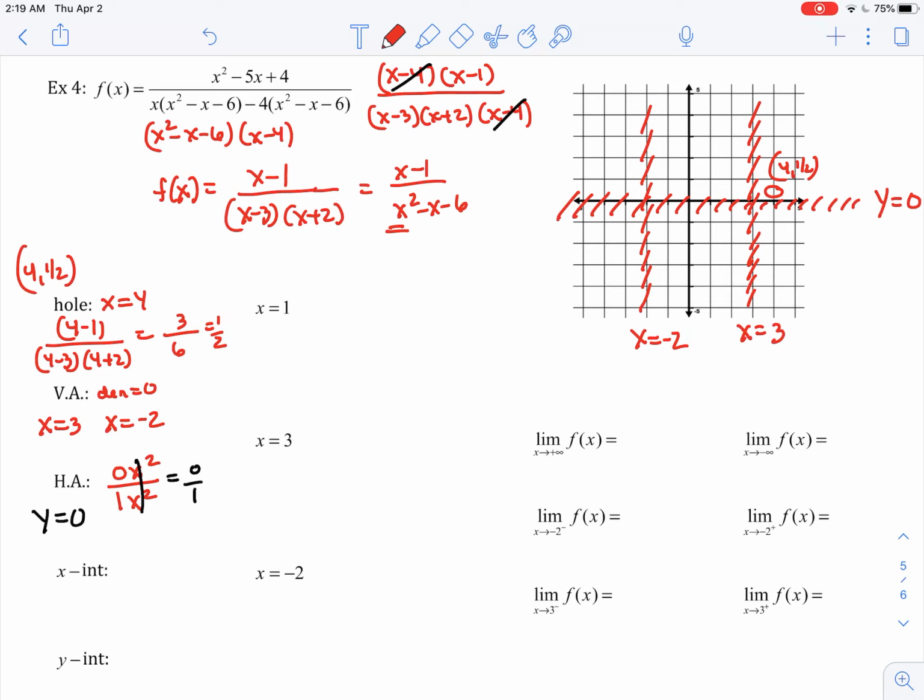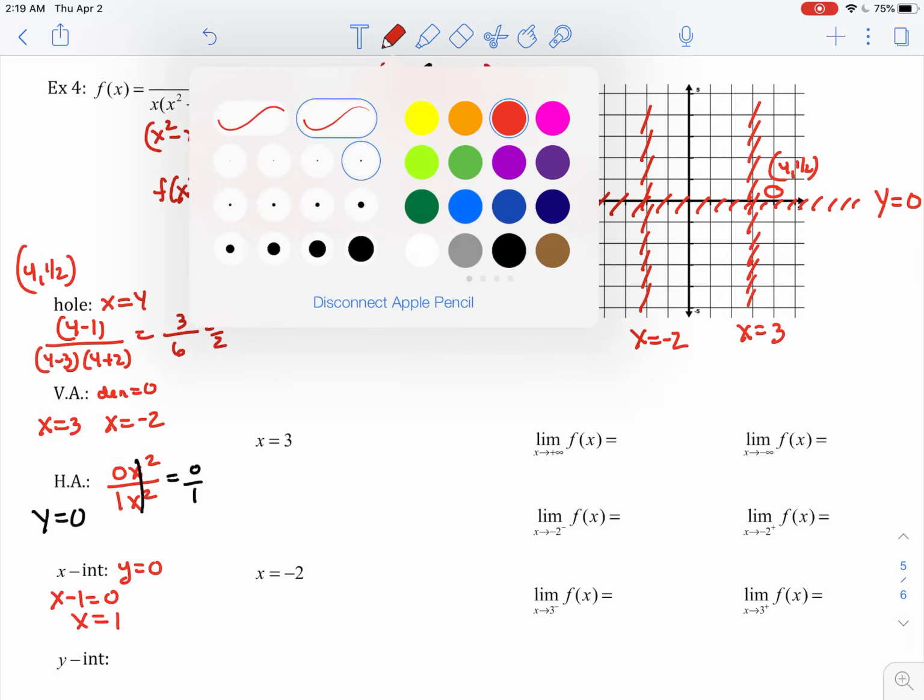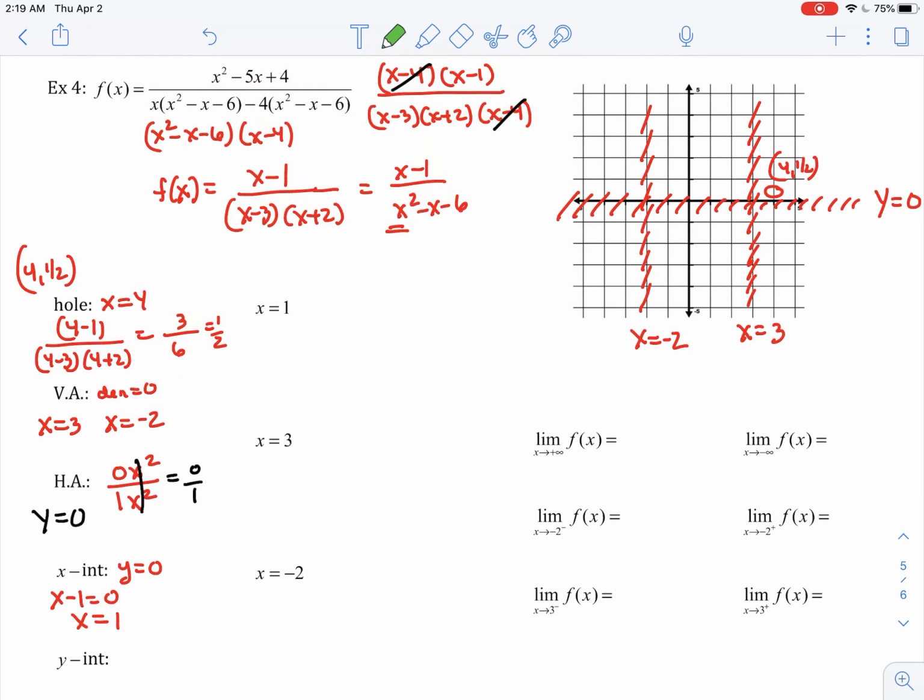X-intercepts is where we always set y equal to 0, our function equal to 0. So our x-intercepts, because it's a fraction, is always where our numerator is equal to 0. And our numerator will equal 0 when x is equal to 1. So we have an x-intercept. Let me get a different color here. We have an x-intercept at (1, 0). So I'm just going to plot that